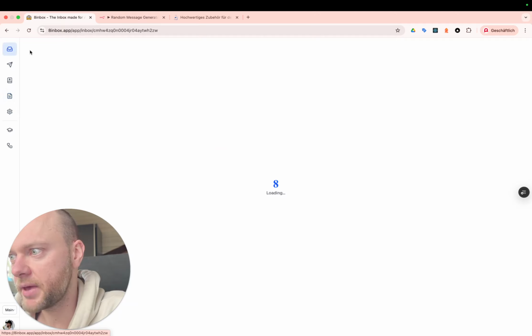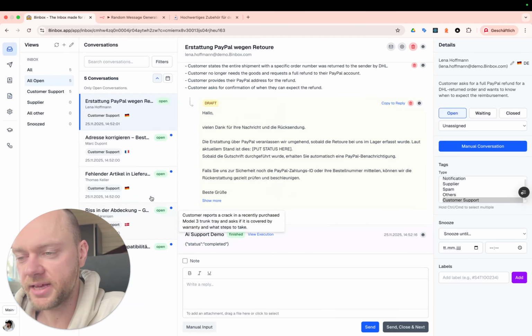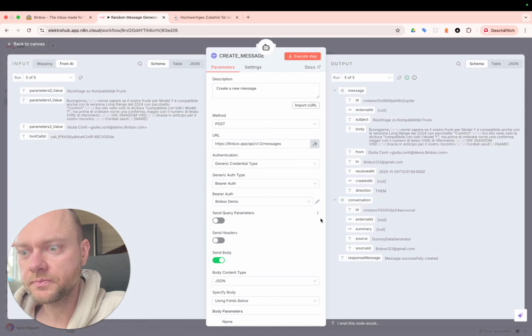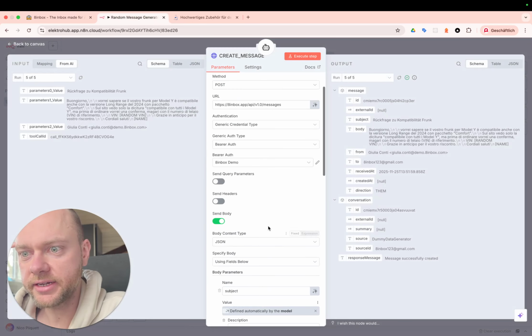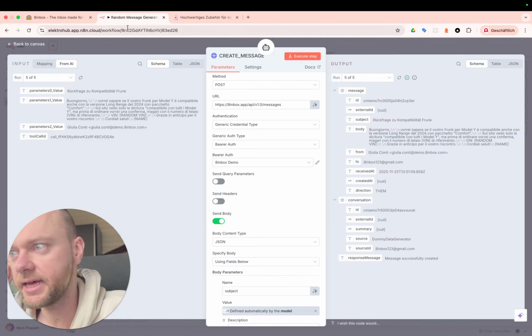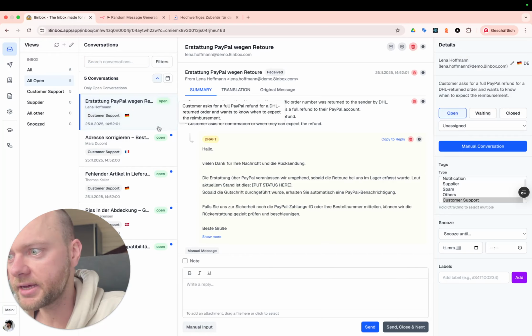So when I jump back into inbox, I will have 5 messages. But the AI was just able to, as you can see here, generate a message. So here's the body, here's the subject, and here is from whom this is. These are all fake names and all fake texts. Now this seems to be in Italian. And when I jump back into